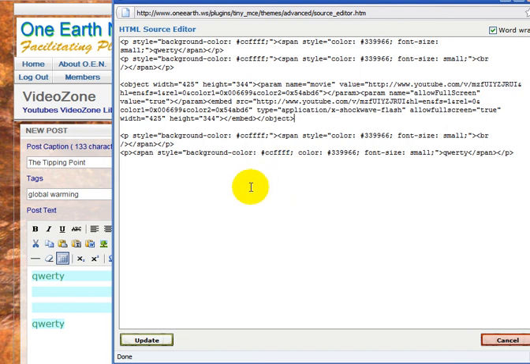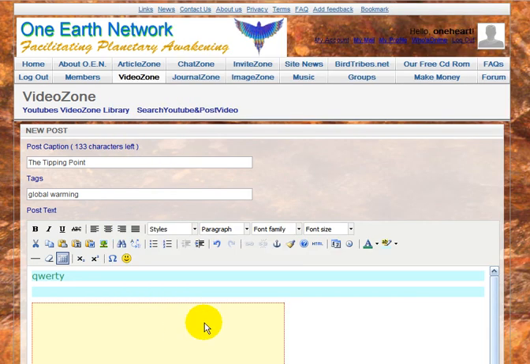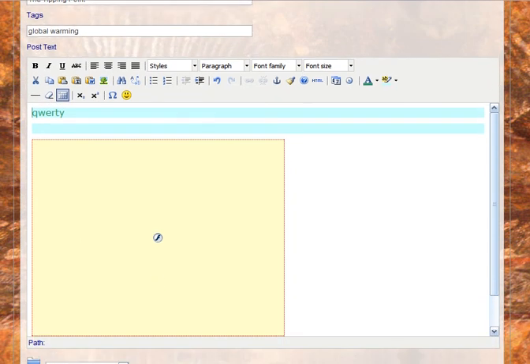I'm not sure if you can do that with Edit Paste from the top. Probably can. And this is the code that we got that embeds our video. So now we come down to Update,